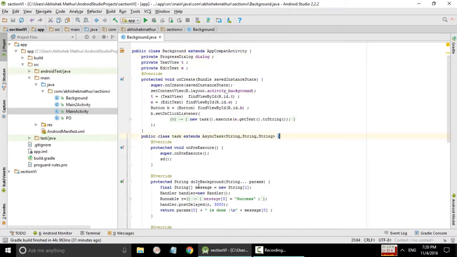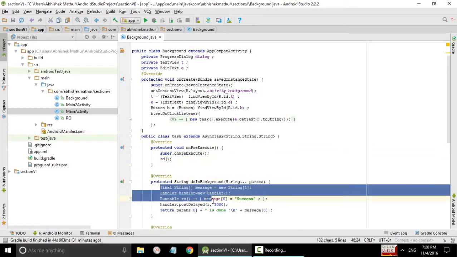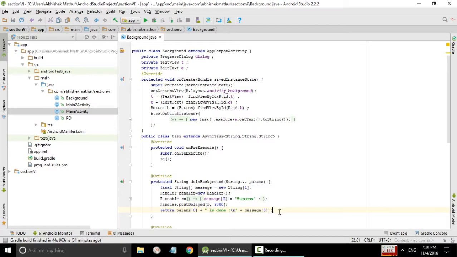During this processing, whatever you specify in the doInBackground method can handle anything, but this AsyncTask doInBackground method cannot access the UI. The basic purpose of this AsyncTask is to provide processing in a separate thread, so it does not hang the UI or cause any problem with it, and is especially useful for long threads or long processing activities.